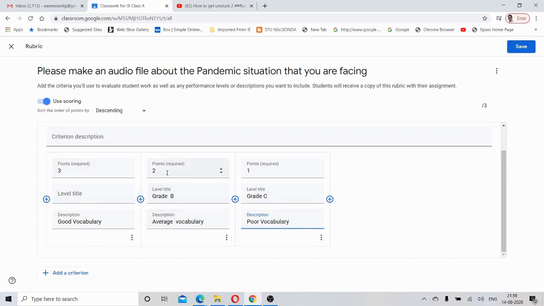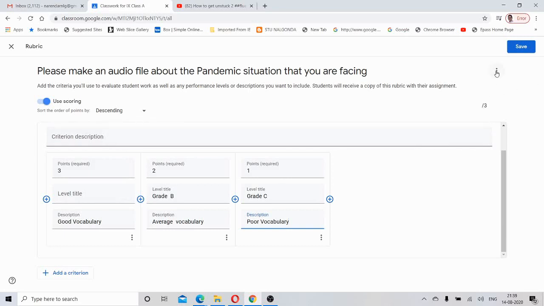If he uses 2 points, I'm going to give him grade B, and that is about average vocabulary. If he uses poor vocabulary, then I would like to give him grade C, and he can score 1 point. So this is how we can create grades in one aspect.